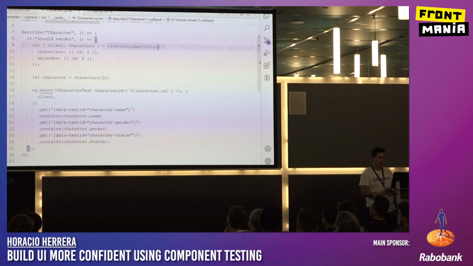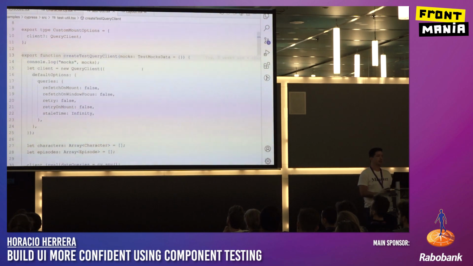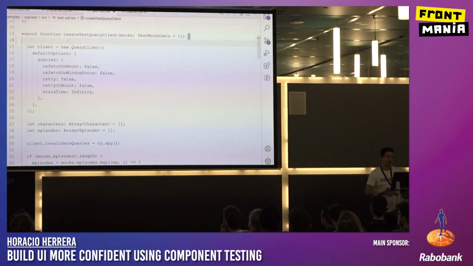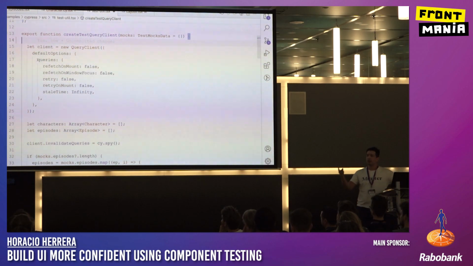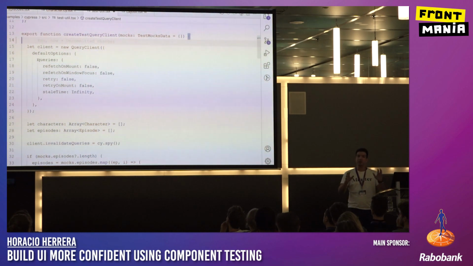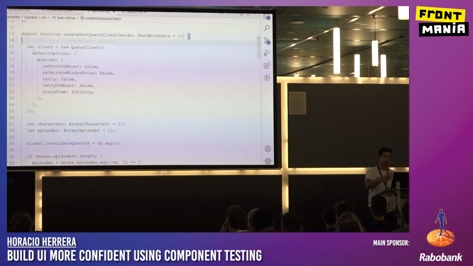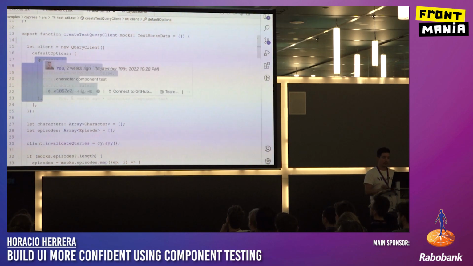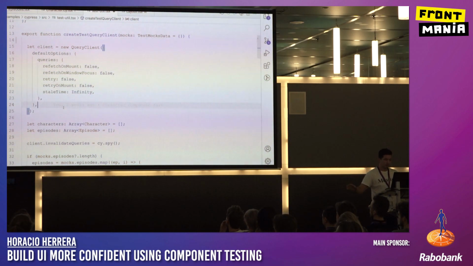So I'm going to go to this createTestQueryClient that you can see here, console logs, like a real developer. This function is going to create a query client with special defaults, because React Query does a lot of refetching depending on if you are focusing the window again, or going back, or maybe they have some intervals when the query is stale, and those things. I want React Query to stop doing that when I'm testing, because I don't want multiple queries to my mock. So I'm just saying, don't retry, don't refetch on mount, no stale time, no refetch on window focus.